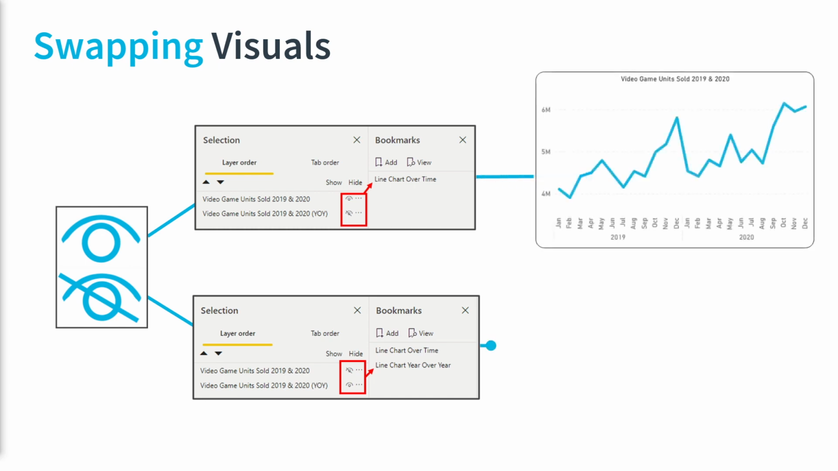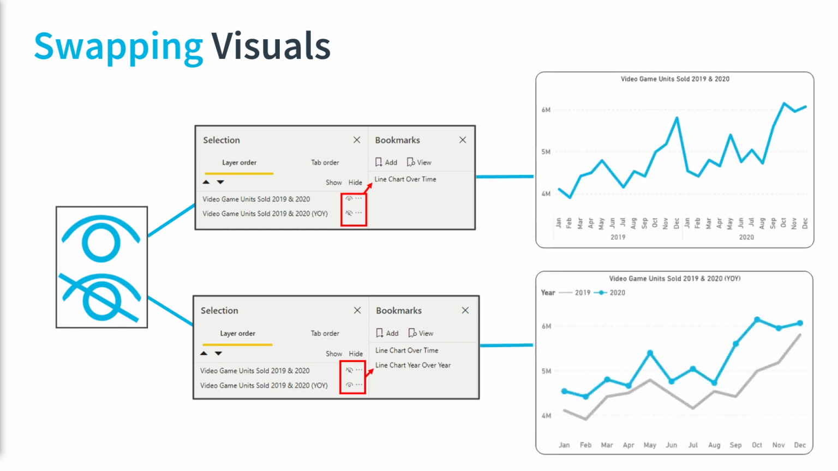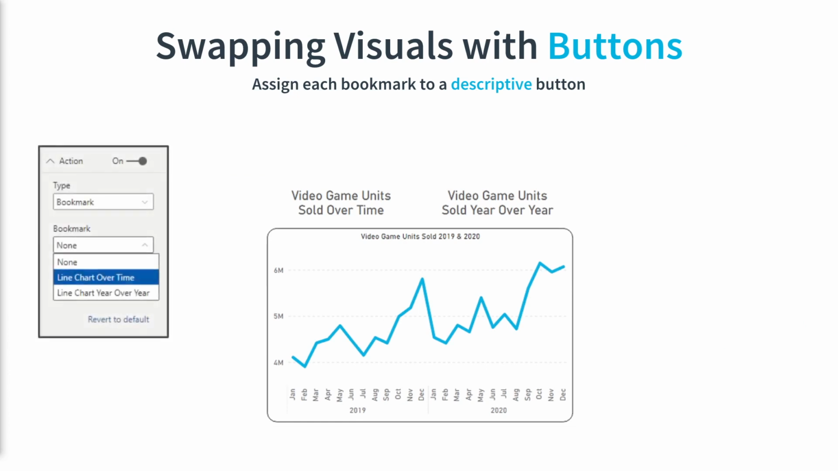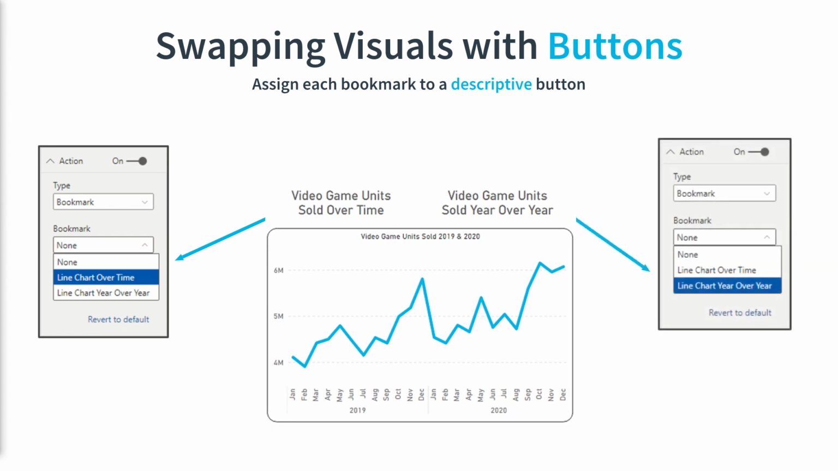Now, when users activate one bookmark, they will reveal one version of the line chart. And when they activate the other bookmark, they reveal the other line chart. Once you have prepared the bookmarks, you can create buttons that allow your users to switch back and forth quickly. Our first button is going to have a bookmark action that shows the over time line chart. And our second button is going to have a bookmark action that shows the year-over-year line chart. After that, we're 90% of the way done, but there's one more thing we can do with these buttons to